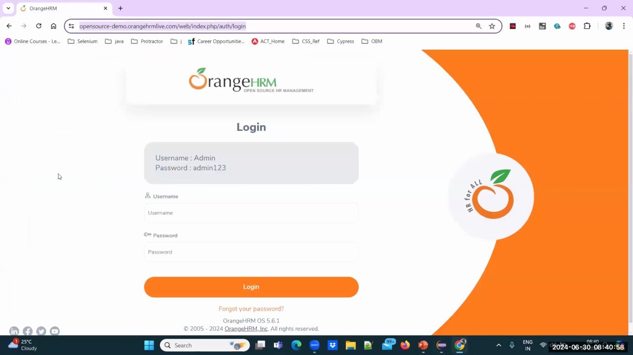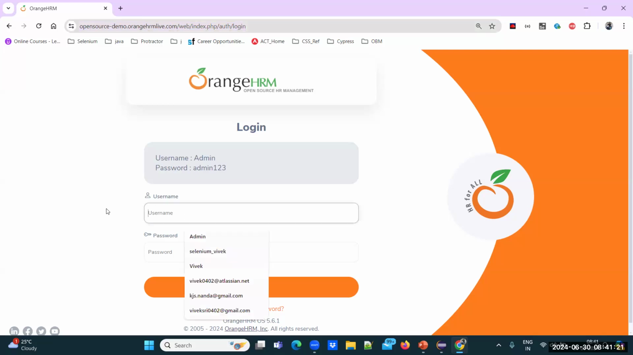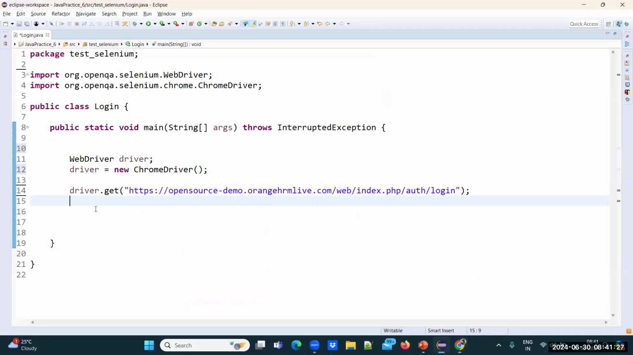Then manually, if I ask you to enter the username, how would you do it? Anyone, please? How would you enter the username manually? We go there and click on it to make sure this field is enabled, and then we start typing, right? But how can Selenium